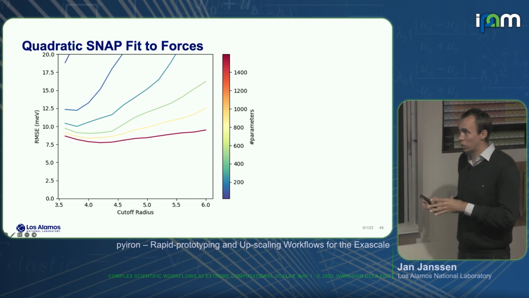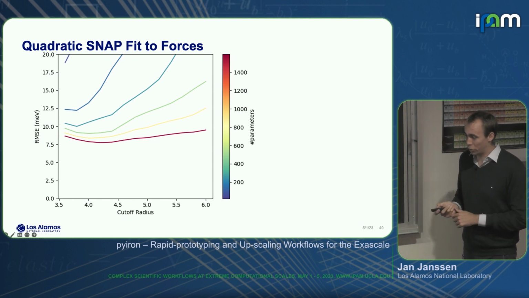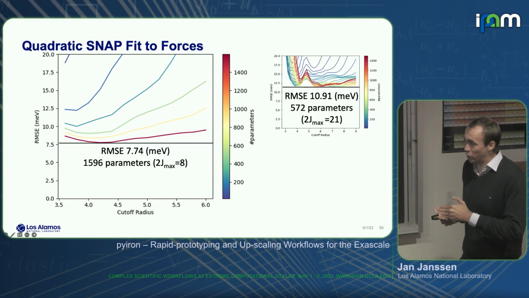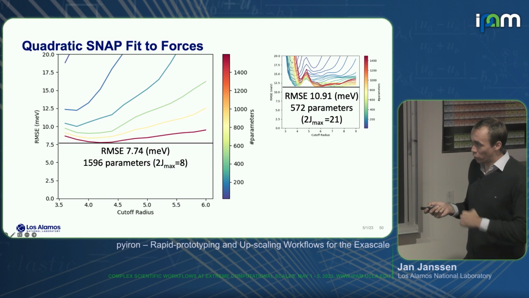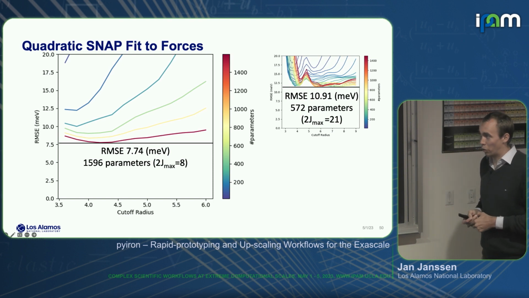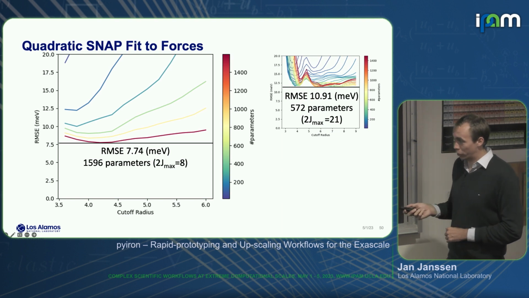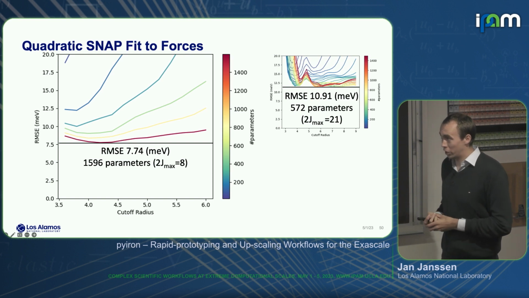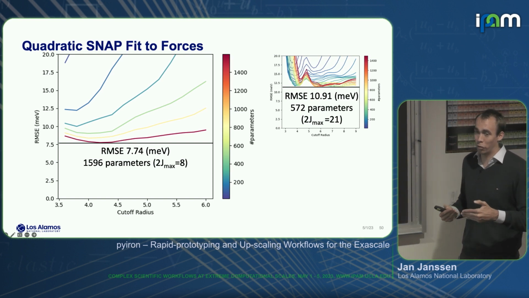And then we included the forces in our fits. All the previous plots were only fitted to energies. Now we also fit to forces. And for the first time, what you see now is that whenever we increase our number of parameters, we systematically also improve our fit, right? So it's much more stable, much less noisy compared to the data that we had before. Unfortunately, the issue with including the forces is the huge amount of memory usage.